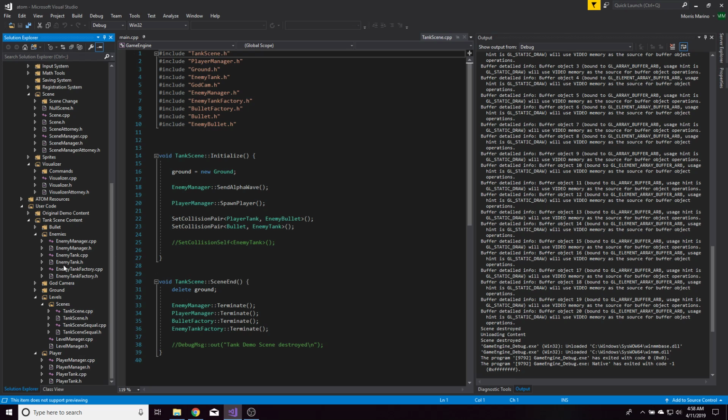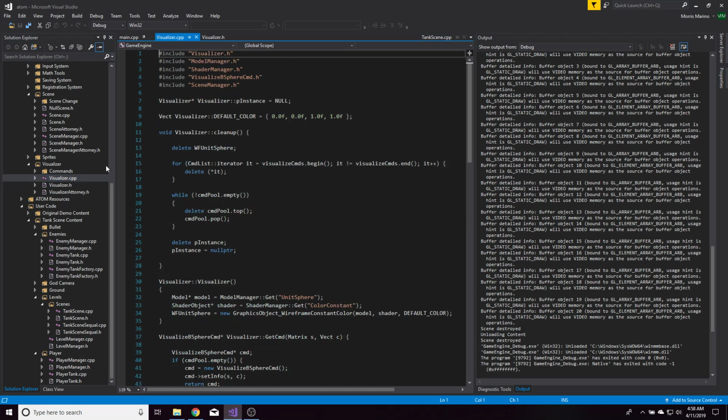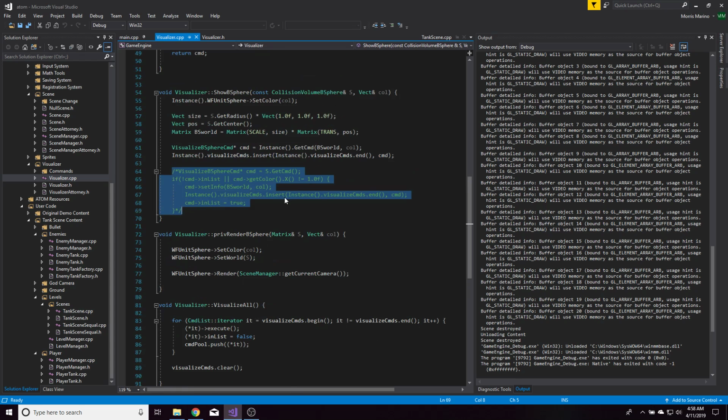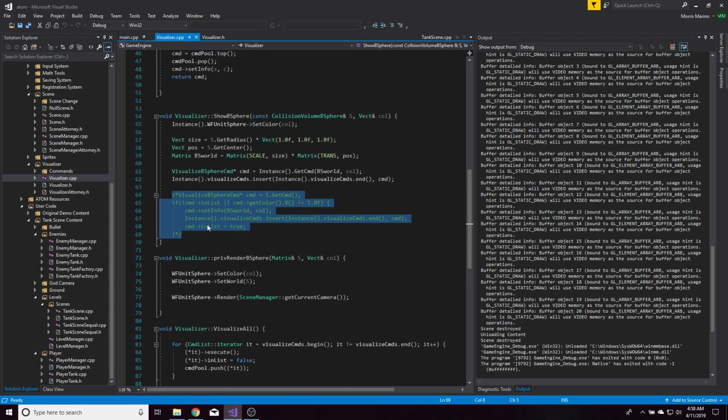Anyway, I fixed the handling of the visualizer, because I was breaking encapsulation before. It took me a lot to wrap my head around it for some reason. Basically, this is what I had before. I was getting a command out of the visualizer, which I shouldn't have done because it doesn't own that, it's owned by something else, and it's just being passed along for reference for other things. Anyway, now instead I've got this, so I've got commands that